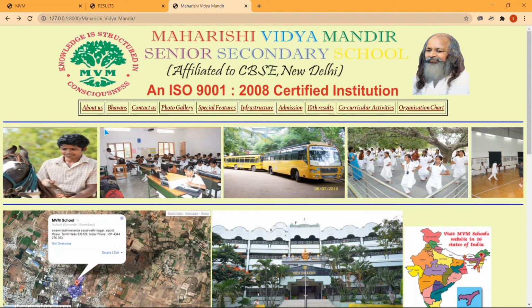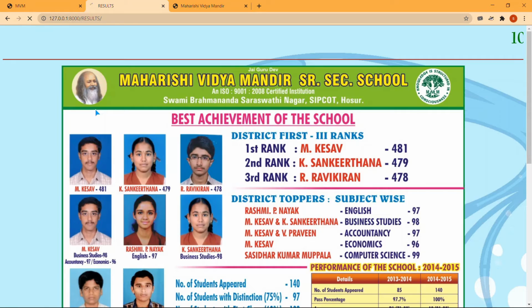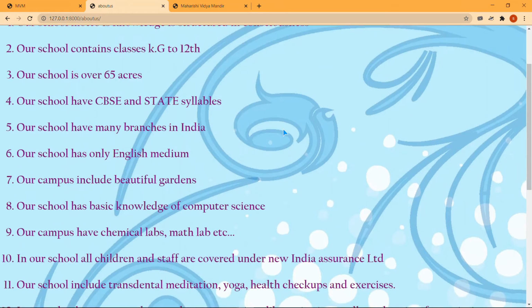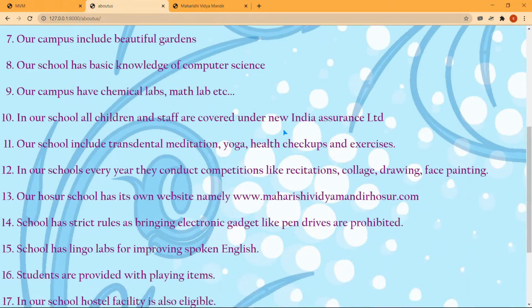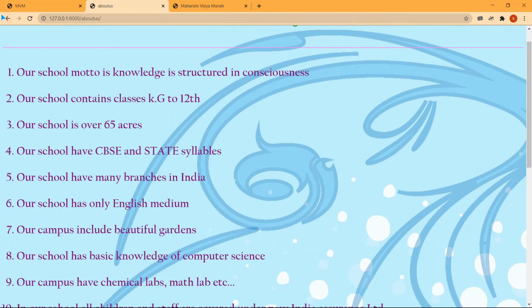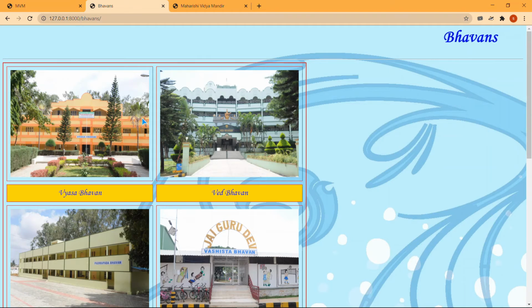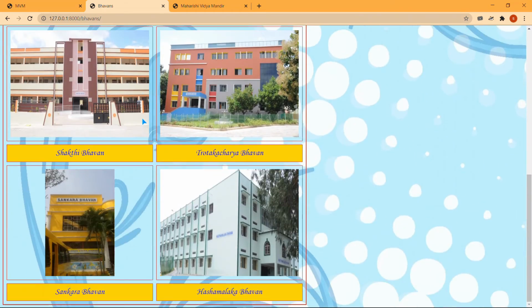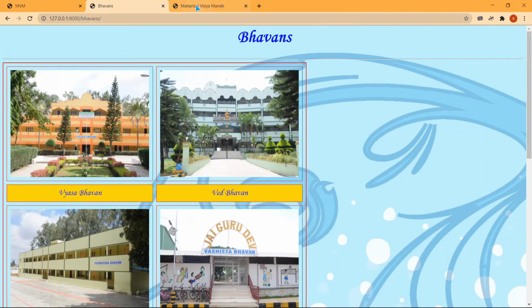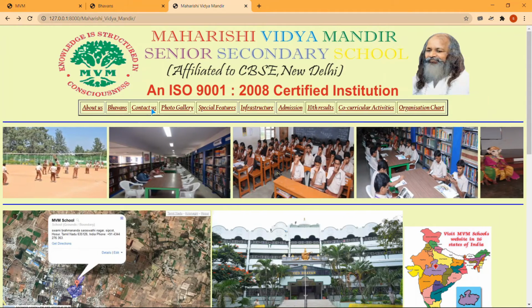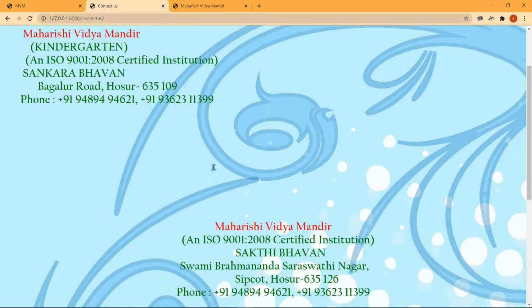You can see in the first page, About Us, we have given the school details, and next Bhavans, where you can see all the buildings which are available, and the contact details of the school.